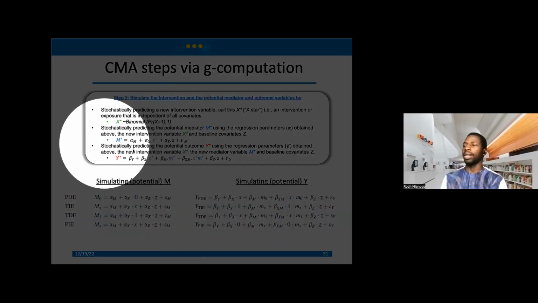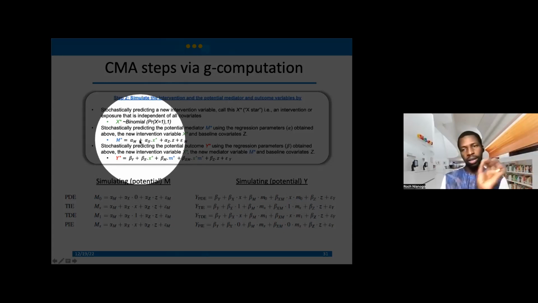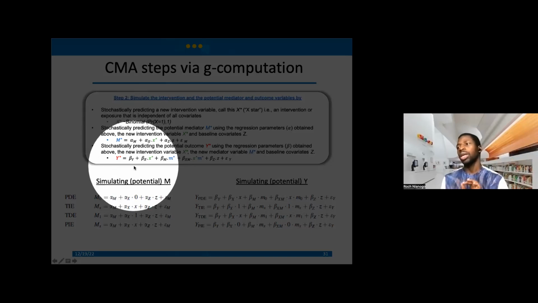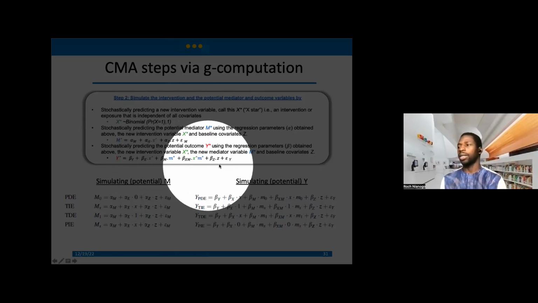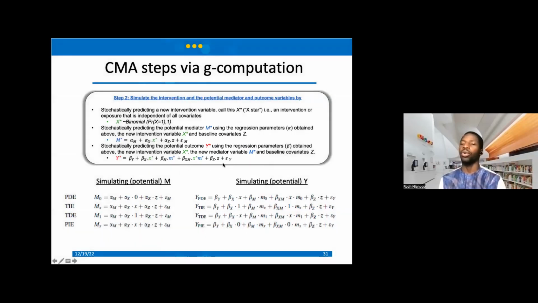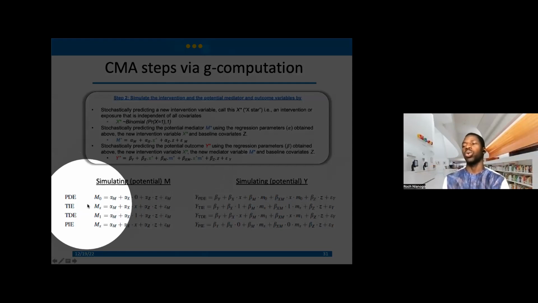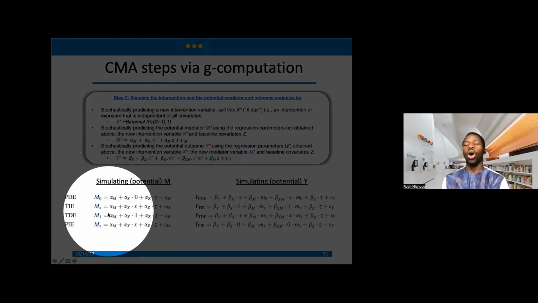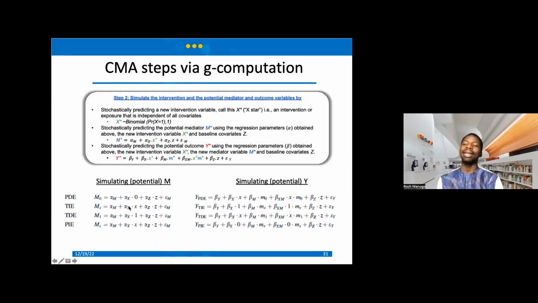Again, everything from the regression in the step above, all you have to do is collect those regression coefficients and put them here so that you can predict your Y, right? So all these things are parameters that you've already estimated or just recently simulated. And depending on whether you are interested in the pure direct effect, total indirect effect, and so on, all you have to do is change the value of X at different stages.